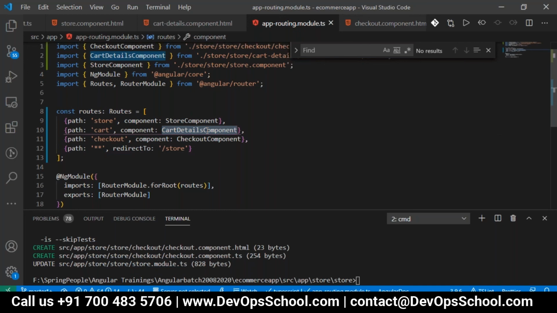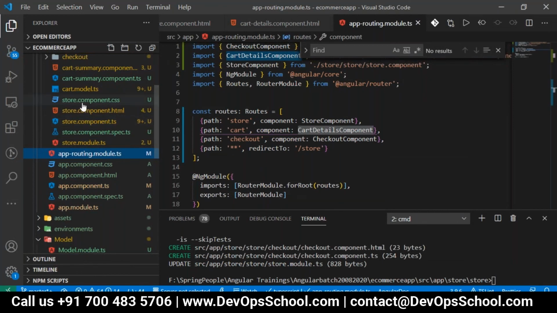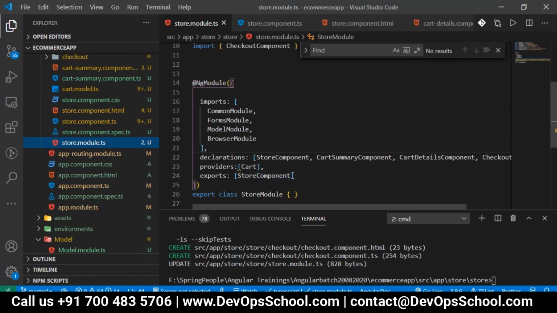Okay, so all the components are not part of the app module TS. They are outside, so we have to allow it. So in the store module TS, where you have the exports, you have to export all the other components.